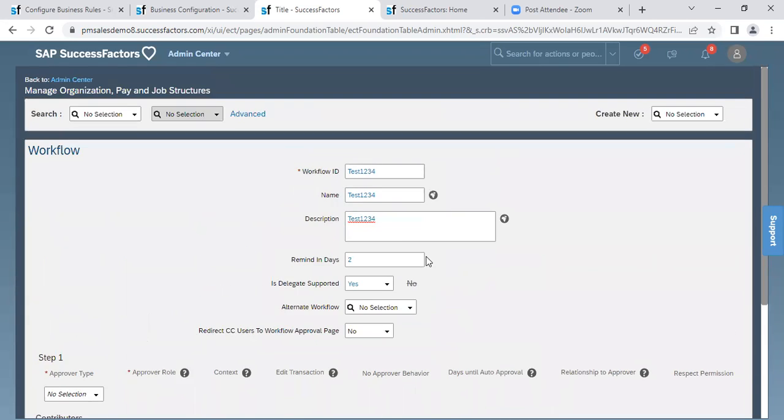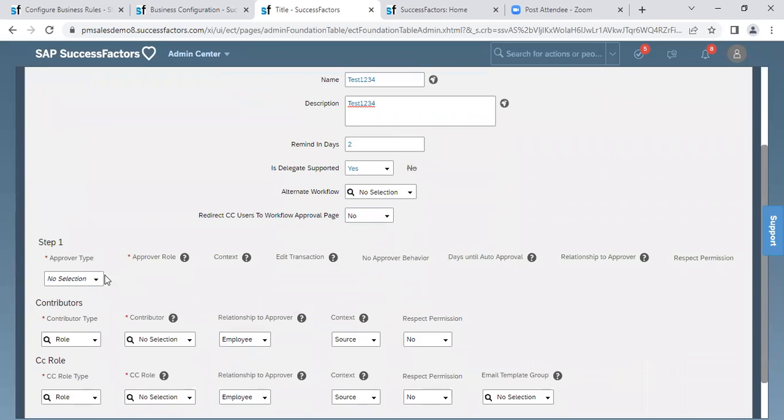Now I have told you what the workflow ID and the name are. For time being I'm adding the same ID, name and description. Now here, as you can see, approver type. If I click this drop down, we have role, dynamic group, position relationship. If you select role,